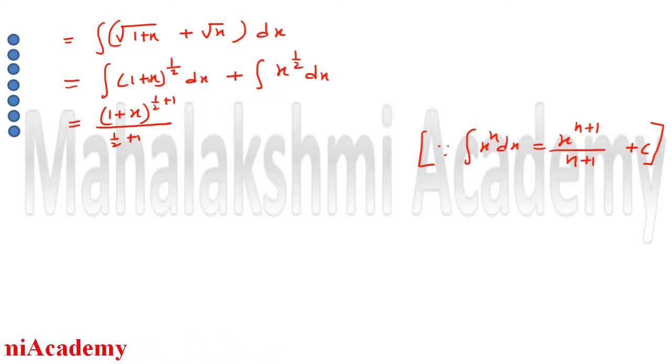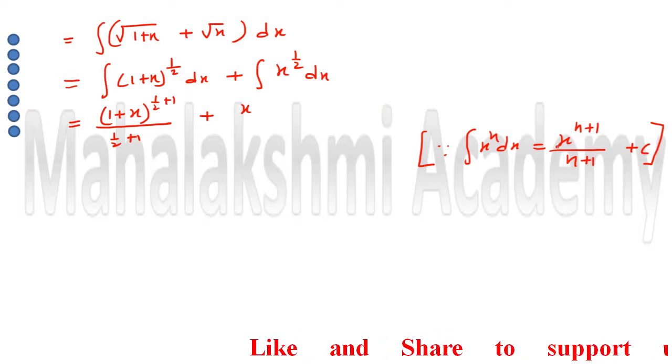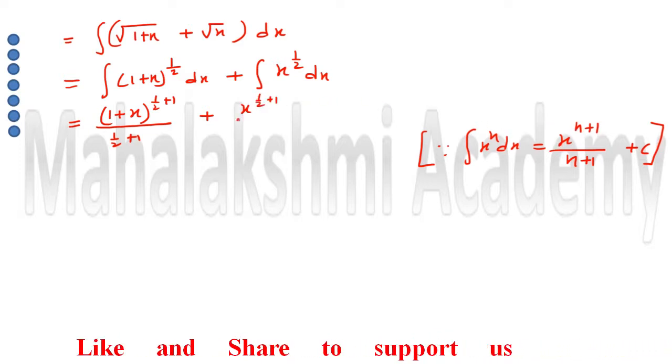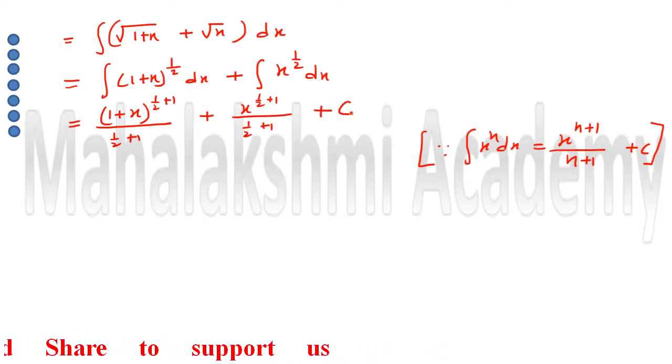So when we differentiate it, the differentiation of 1 is 0 and the differentiation of x is 1. So the conclusion is, we have to divide by 1, so the meaning is not going to change. So I am not doing that. But always we have to take care of the chain rule, students. Here we have to write in this format: x to the power n plus 1, so it's going to be half plus 1, and here also half plus 1, then plus integration constant.